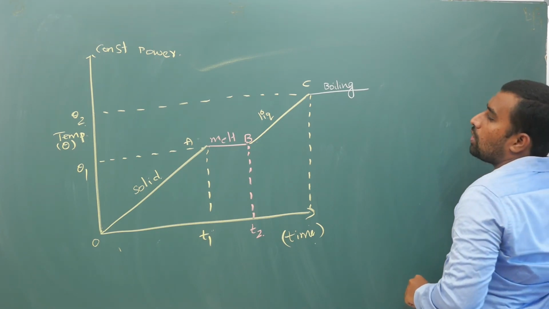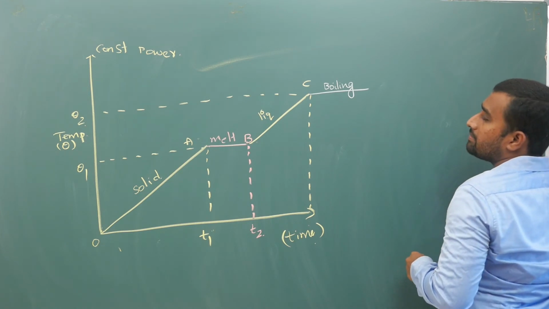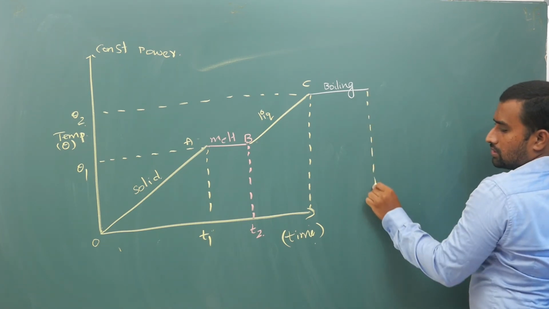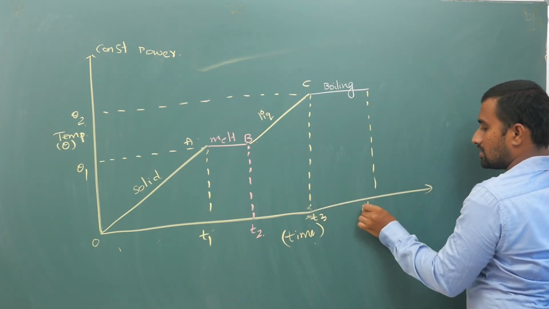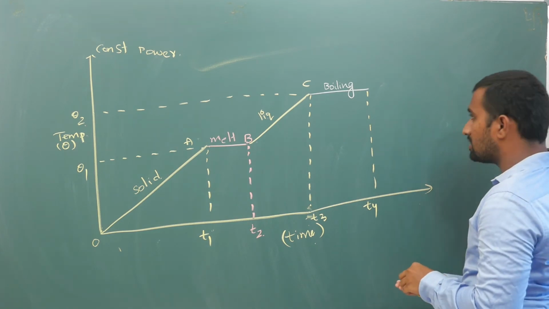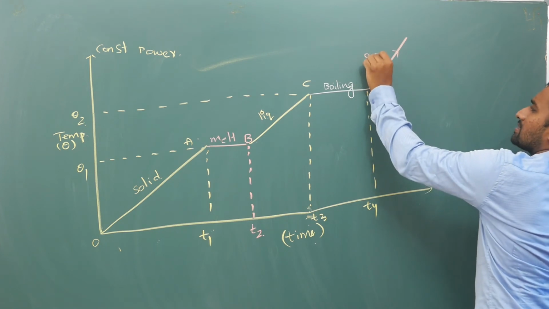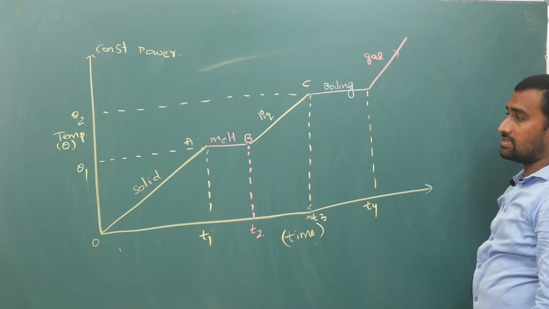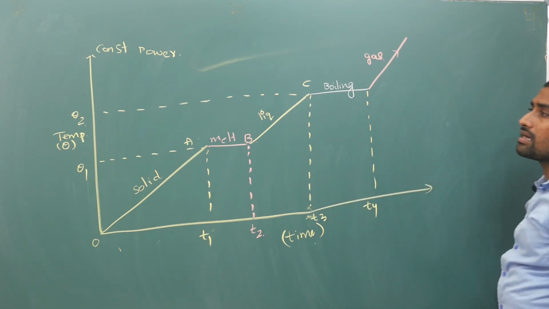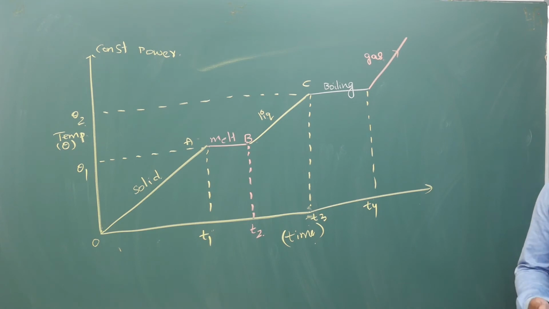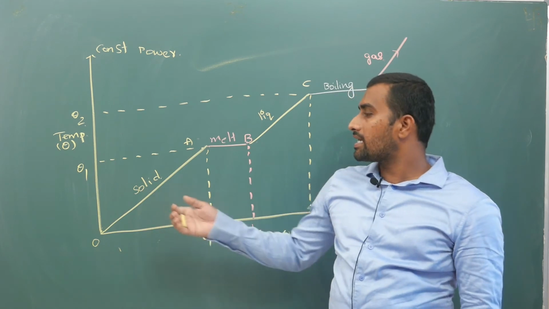So liquid becomes gas. It boils and it becomes gas. So this point will be some, this is T3, this is T4. Then once it boils, once again its temperature will further increase and it will get converted into gas state. Now, this is the graph. This is a basic graph, that is what is called a heating curve.